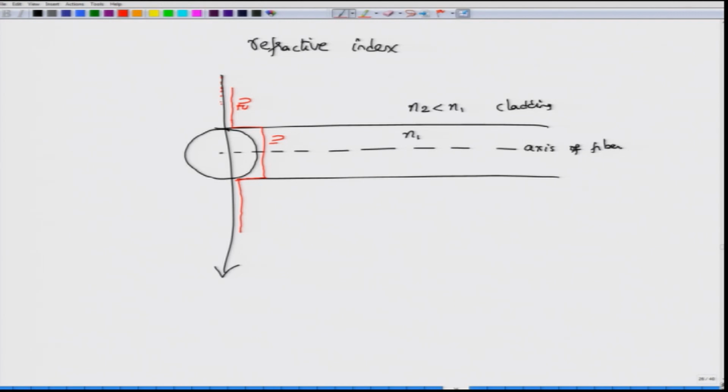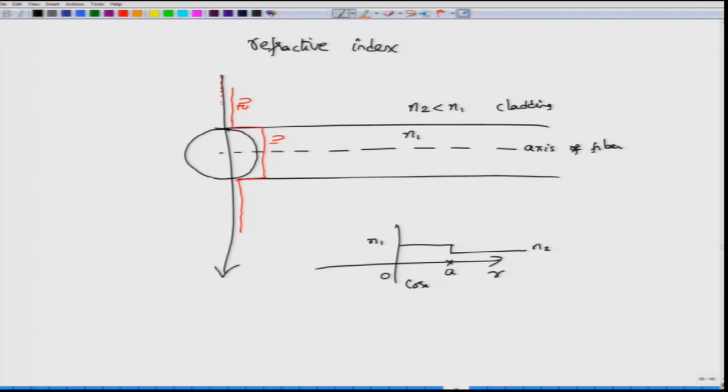Okay. So, if I were to plot this in the normal axis way, with r, the radius, as the parameter, and taking r equal to 0, because this is symmetric, it is sufficient for me to take this from r equal to 0. So, from 0 to a, the refractive index is actually N1, because this is in the core region, and outside of this the refractive index is N2, which is of course less than N1.